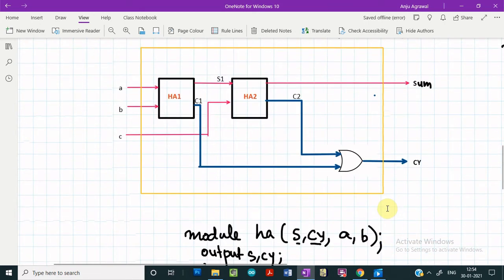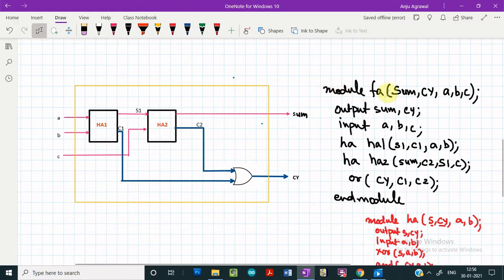Now we have to see how we can write down the design module for this full adder, which involves two half adders. So this is the module for the full adder. Let us try to understand it. The first line is simple. We are starting with the keyword module, then the name, you can give any name, and then we are passing the ports. Over here, looking at the diagram, we can see that sum and cy are the outputs for the full adder, and the inputs to the full adder are A, B, and C respectively. So this is how the port list will be passed. Then we have to declare the output and the input ports. This is how it will be done. So nothing new so far. Now after this, since this block diagram is making use of two half adders, we have to instantiate the half adder twice.